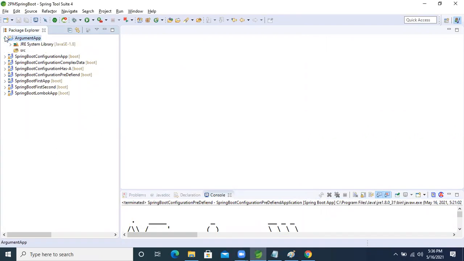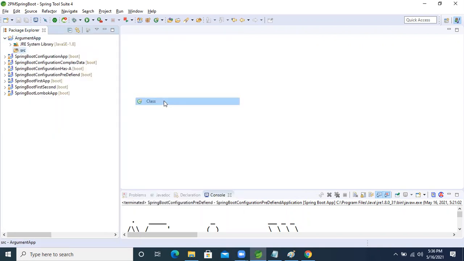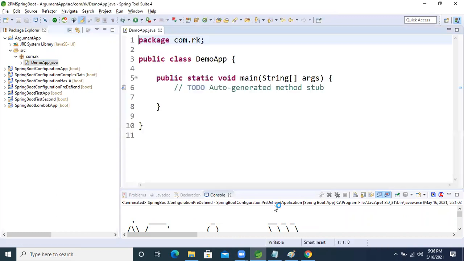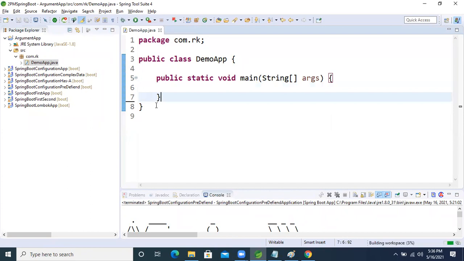So right click, new, and I'm creating one class. Here I'm taking the package com.rk, and the name demo application, with a main method. This is the normal way.